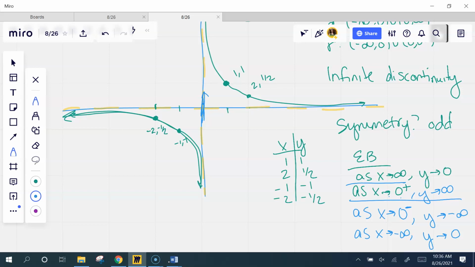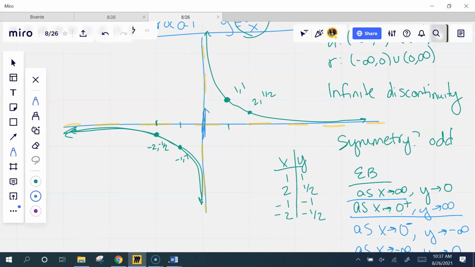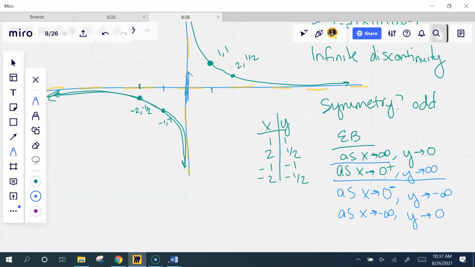There'll be another graph in a minute that we'll have to do it. Not the ones before this now. So why do we have a negative 0 as x approaches 0 from the negative side, and then negative infinity? Because